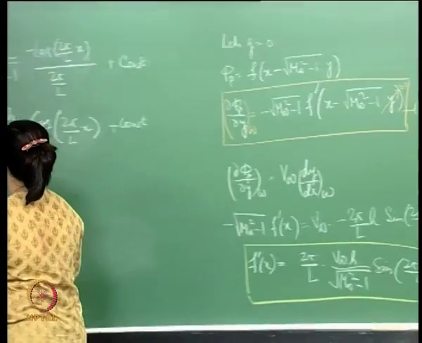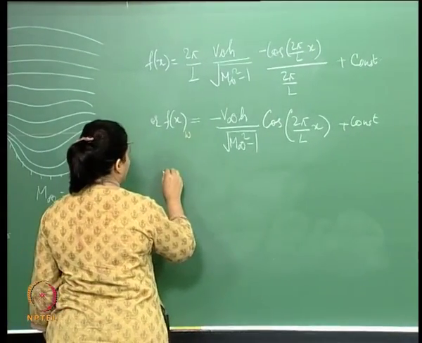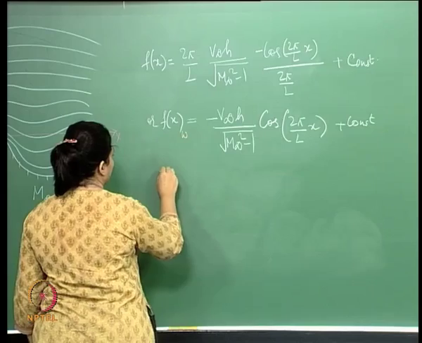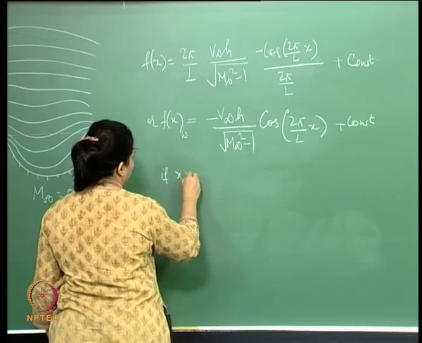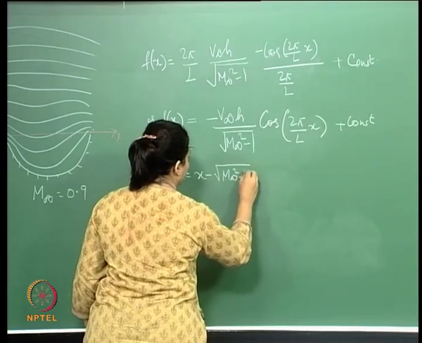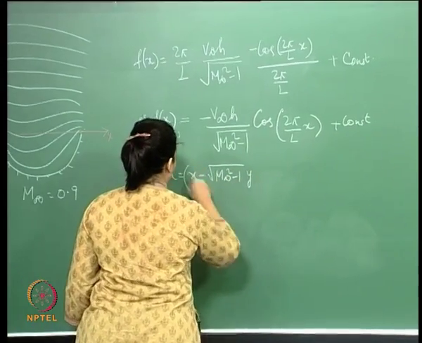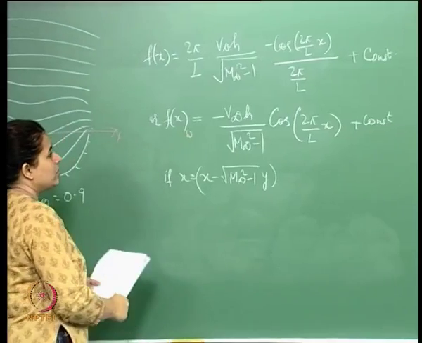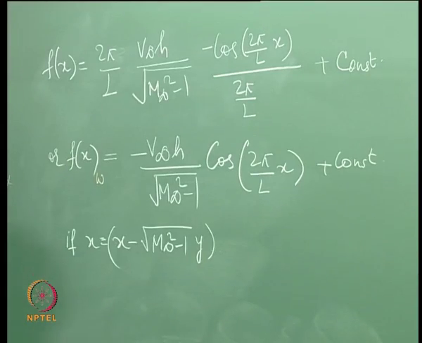So instead of x being just x, for any arbitrary x, this equation for any position in the flow field will look like